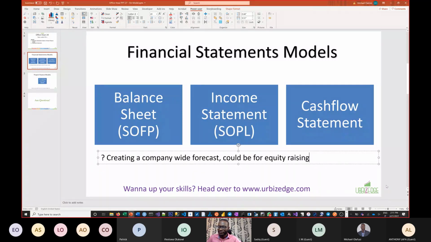And the main reason you are raising money is to explain to investors, to entice investors, to let them see that there is a bright future, right? There is a future they need to be part of, right? So you'll find out that it's a financial statement model you're going to do that will show maybe for the next couple of years and the valuation, terminal valuation and what have you. So, could be for equity raising,